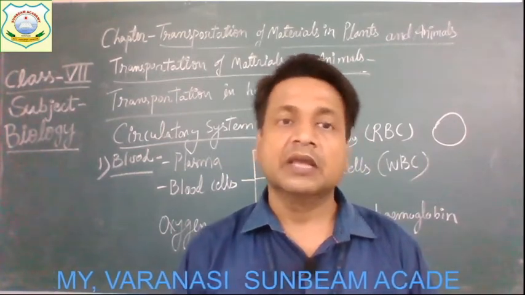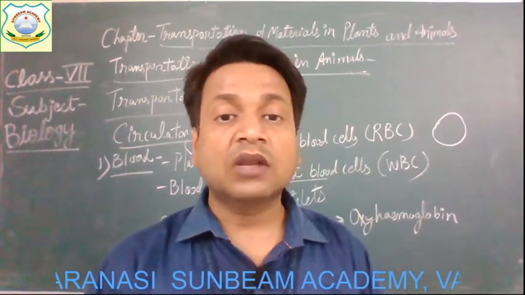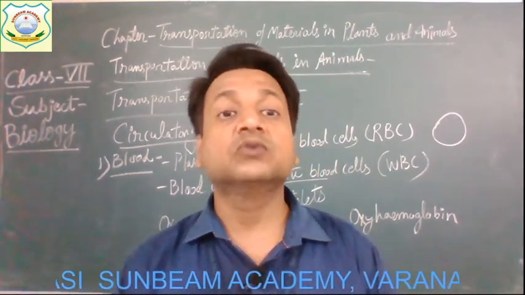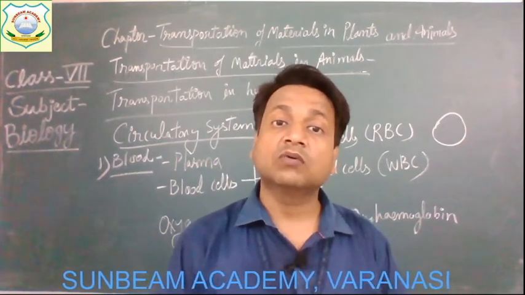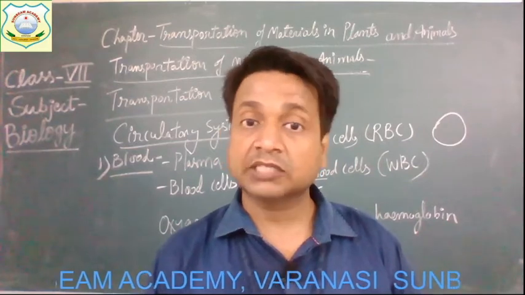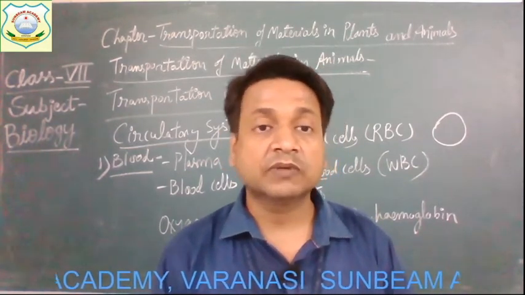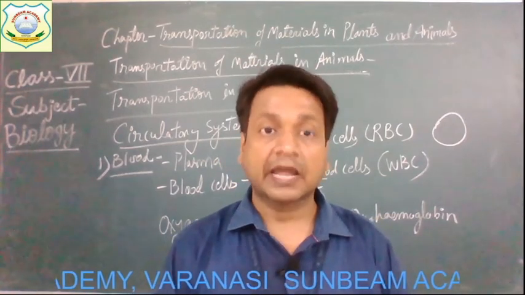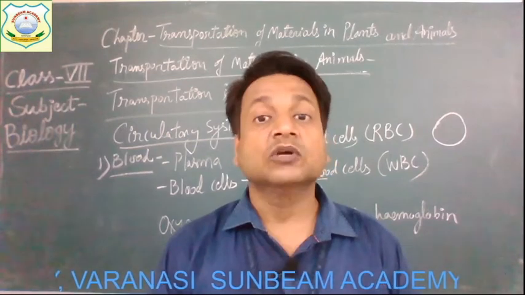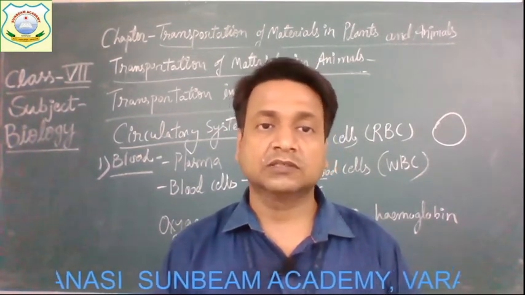Okay children, now the third kind of blood cells are platelets. They are smaller than red blood cells, and they help the blood to clot whenever there is a wound on the body. This is the main function of platelets, children. You must remember it, that platelet cells are responsible for clotting of the blood. At which time? At the time of a wound on our body. So this blocks the flow of blood and prevents blood loss.